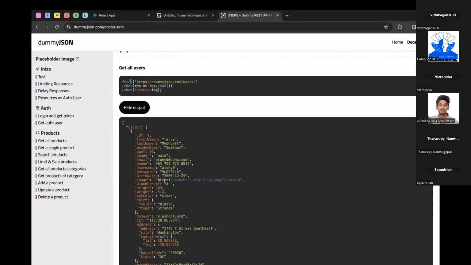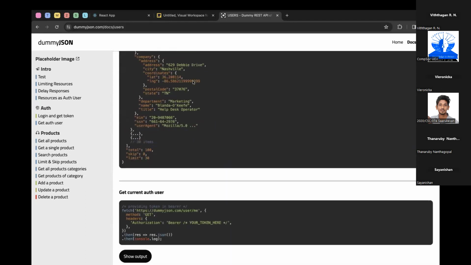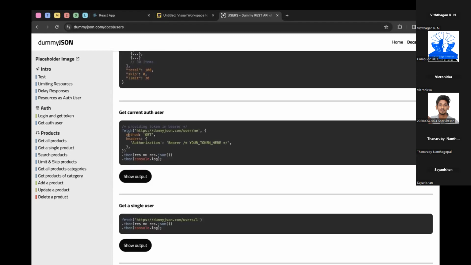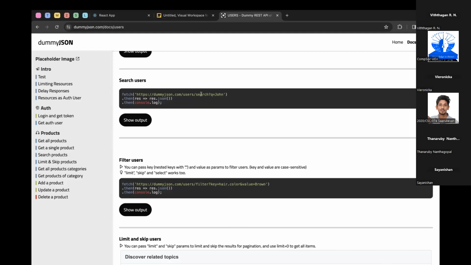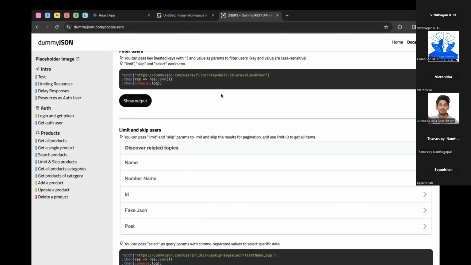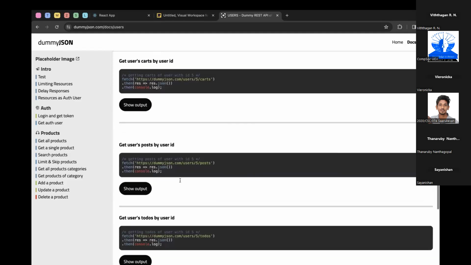So this is a get endpoint, and this is also get, to get the current user who is logged in, to get a specific user with user ID, and search a user,